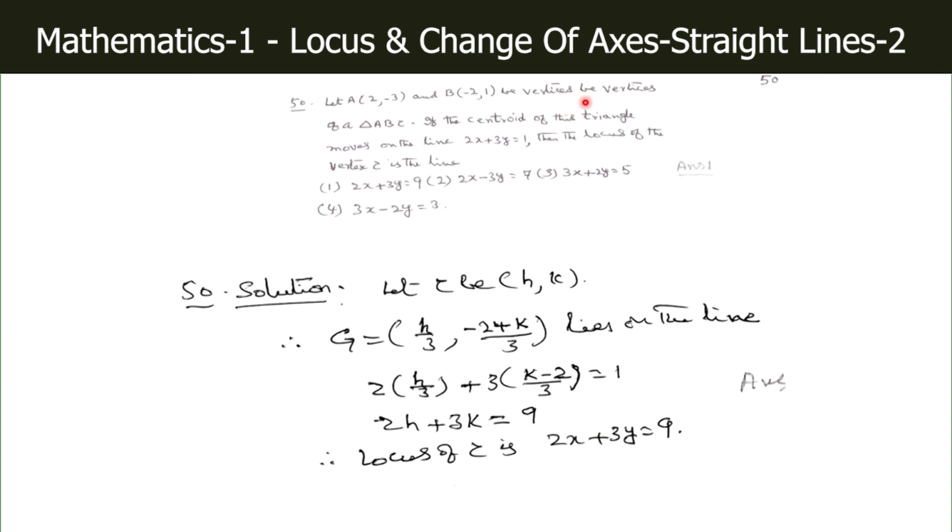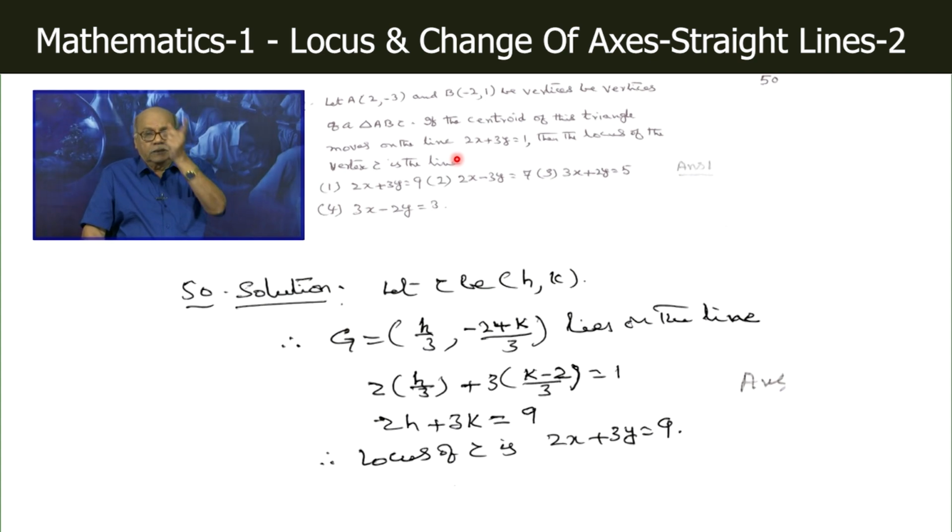Of course, the sentence word is repeated, don't worry. A and B are vertices of a triangle ABC. If the centroid of the triangle moves on the line 2x plus 3y is equal to 1, then the locus of the vertex C. So here, in a triangle, you are given two fixed vertices and the third vertex is a variable vertex. But further you are given that the centroid moves on some line, because if the third vertex varies, the centroid also varies. So he has asked the locus of the vertex C